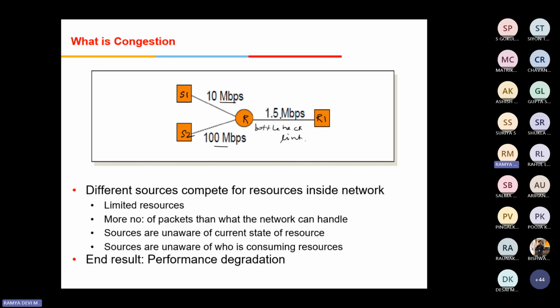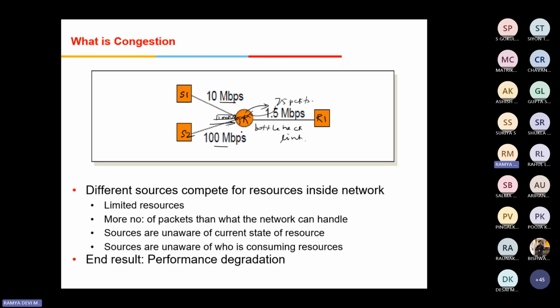Imagine 100 Mbps and 1.5 Mbps. If one packet is sent with a capacity of 100 Mbps, it has to be broken down into at least 75 packets. Imagine, all those have to be stored inside this router. The router can only keep the rest of the packets buffered in memory. So this will definitely lead to congestion. The buffer will run out of space if both senders are sending data at the same time.